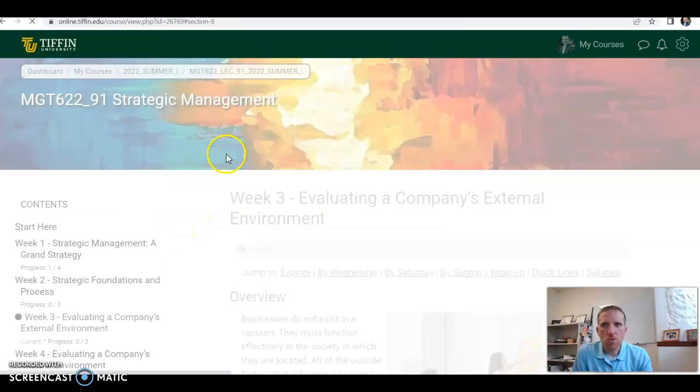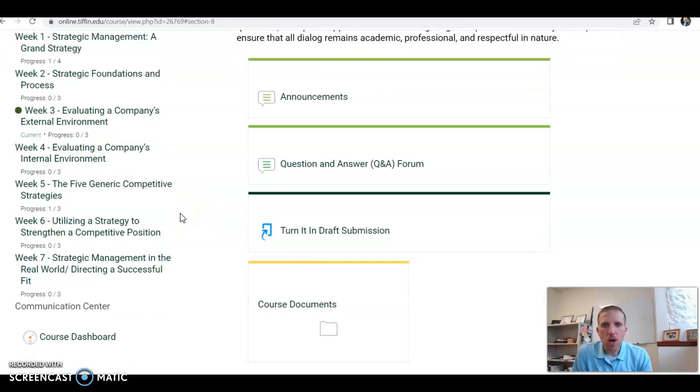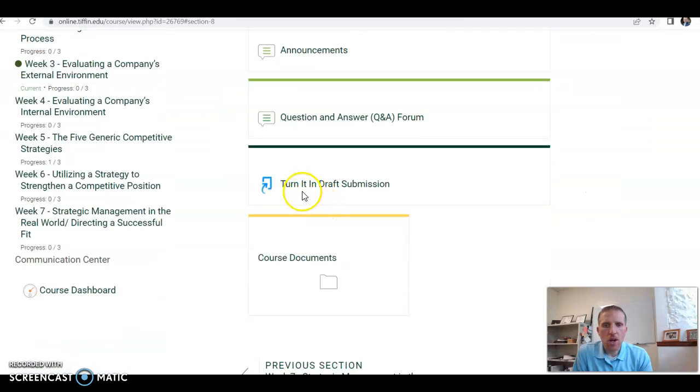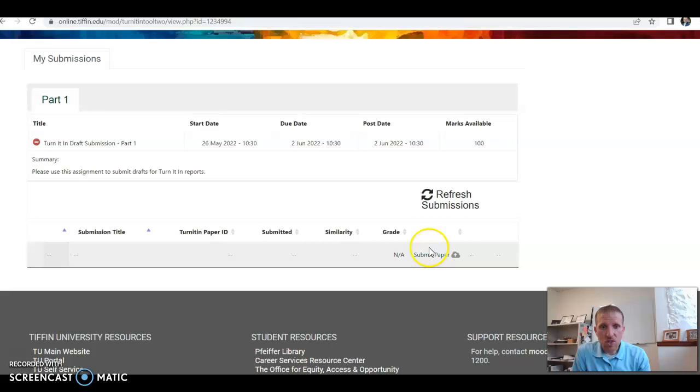But what I wanted to show you more specifically this morning is this new item that you will see in the communication center. It's called Turnitin Draft Submission. So what you're able to do with this link is open this up, and you can submit a paper, a draft, to Turnitin to look at the match report that gets